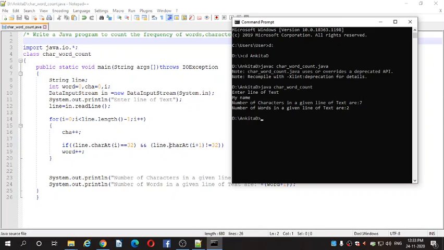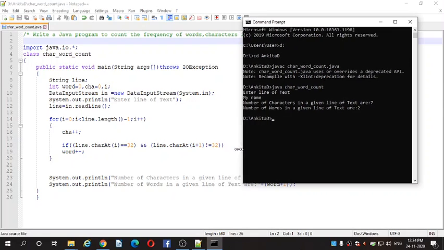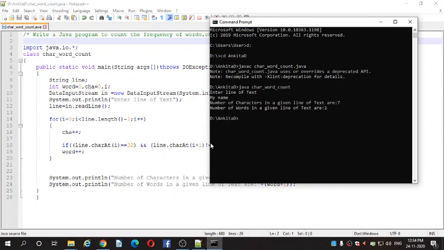Again it will check the next condition, that is line.charAt(i+1), means the second character from the white space, that is N. N is not equals to 32, means N is not equals to white space. Then both the conditions are true. That time it will increment word plus plus, means it will increment the value of word, and it will directly print the number of characters and words. So this is the small program. Hope you understood this program. Thank you.